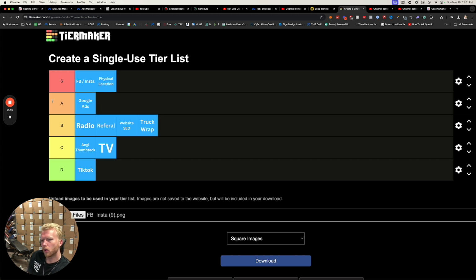So this is the whole entire layout here for you. Facebook/Instagram ads, S tier. Physical location when you're actually established, S tier. Google ads in the very beginning, A tier. Once you've capitalized on them and you have the conversion data, S tier. Radio, B/A tier, dependent upon the right market that you can get into. Referrals, definitely S tier, but you can't build a business off of them. Website/SEO, definitely S tier, but again, when you're starting out, depending on how dense your area is, it's not exactly S tier automatically. Truck wrap, same thing, S tier all the way,